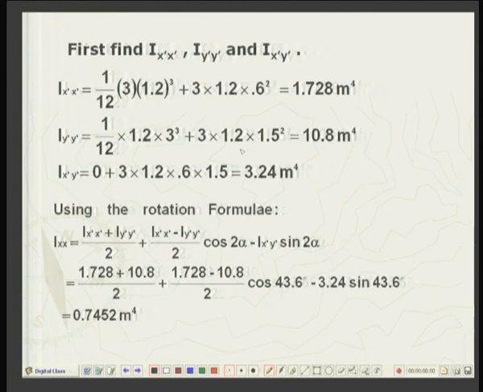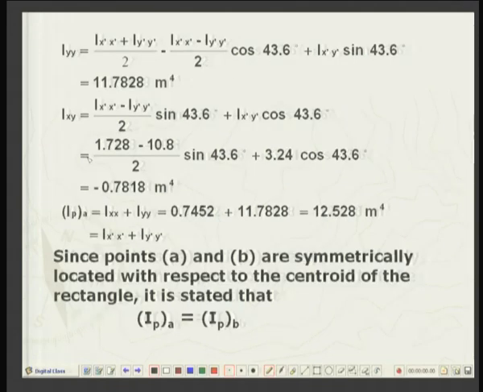So, it means I have obtained Ix dash, Iy dash, and Ix dash y dash about the side axes, about the sides of the rectangle. Okay. And then I have to